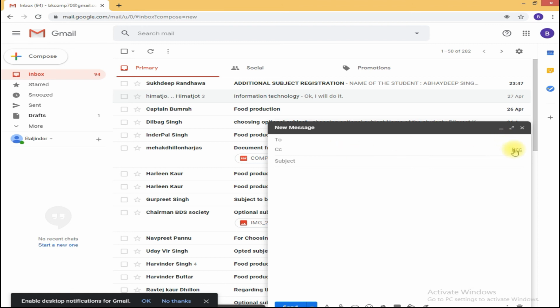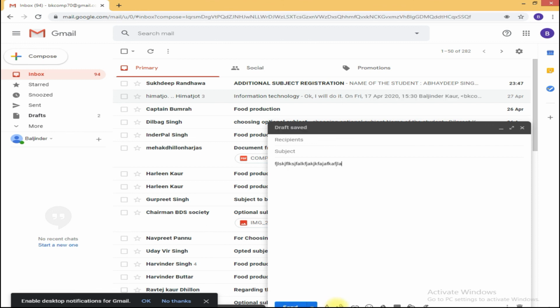Then next is BCC. BCC, it stands for blind carbon copy. Now when you place email address in the BCC field of a message, those addresses are invisible to the recipients of the email. ठीक है, other people will not be able to see you have sent the messages. Next is subject. What is the use of this subject? Subject में you can write the main topic of the email message, and after here in the empty screen you can just type your message. ठीक है, you can type your message and you can just click on send button.